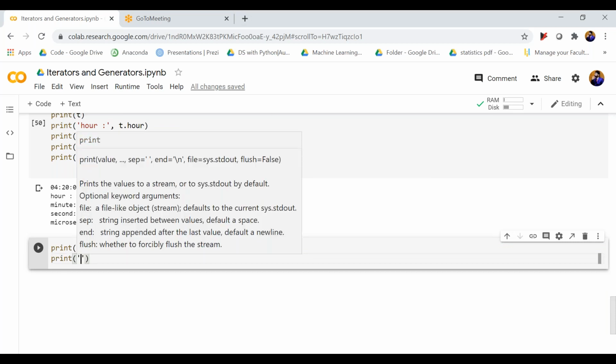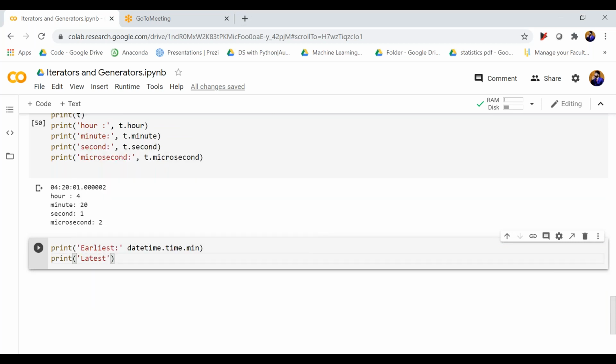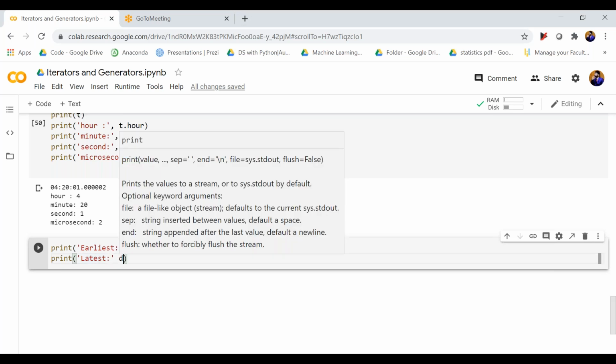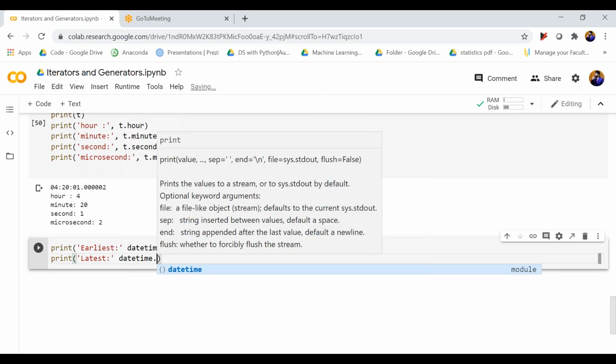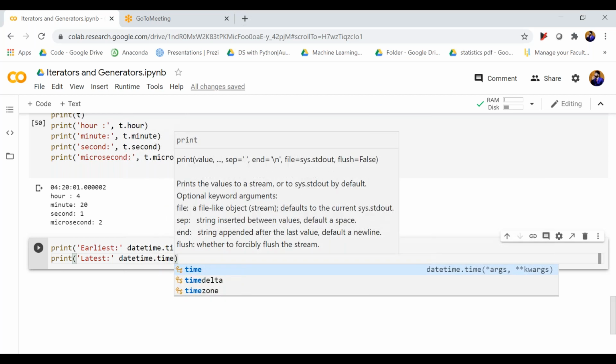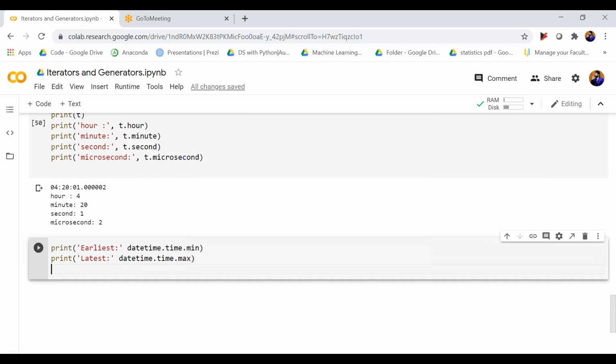It's the earliest, latest, and let's say in the latest you type datetime.max, and let's say if you type print, let's say resolution, and